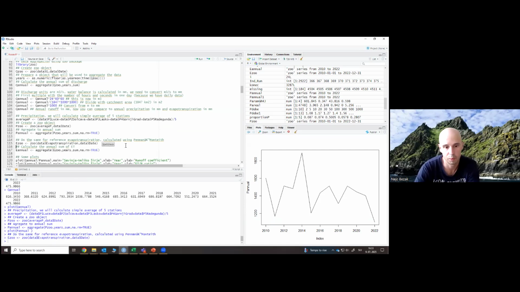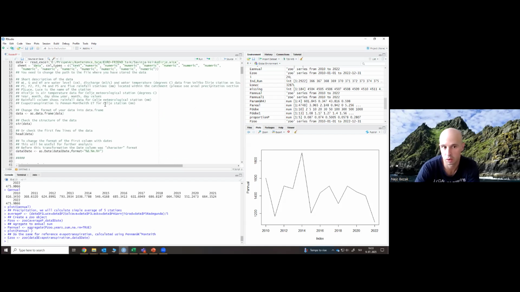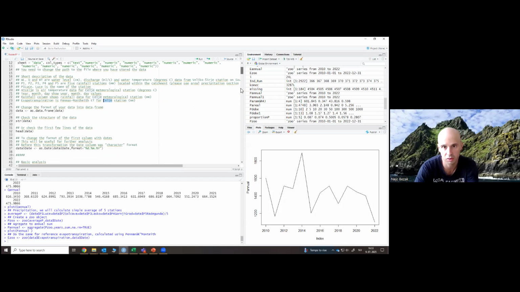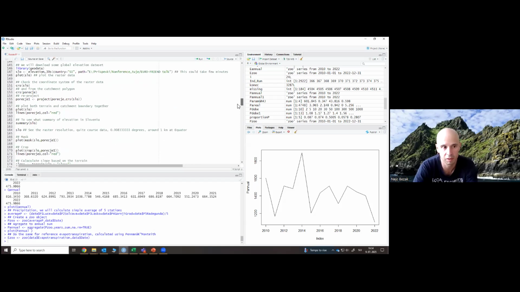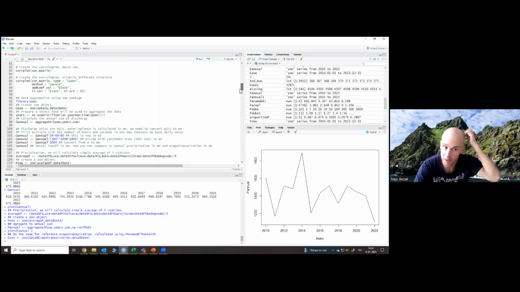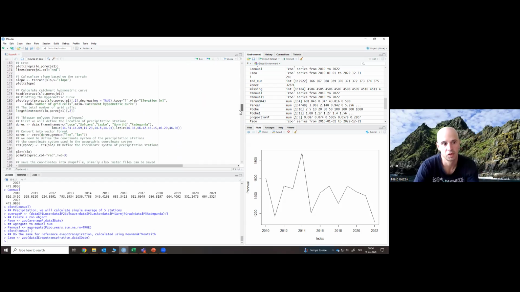So in the example that is uploaded to my OneDrive and that I'm also showing, the last column is the calculation of the reference evapotranspiration using the Penman-Monteith equation based on all the meteorological data available for this station. And you can see here which station this is. So this was done for Celje station. So this is a relatively big city in Slovenia. Okay, so you can do the same